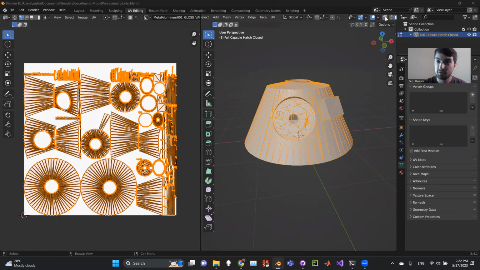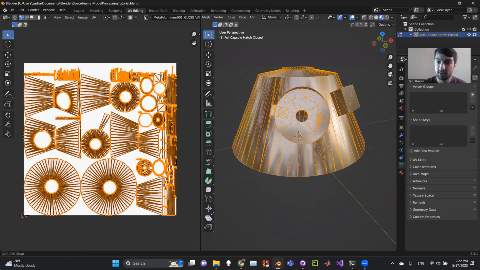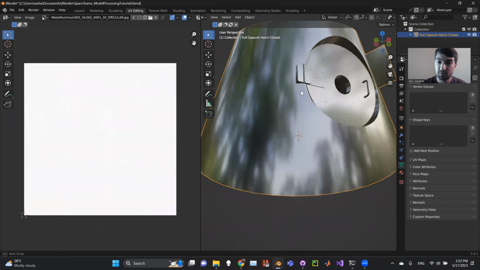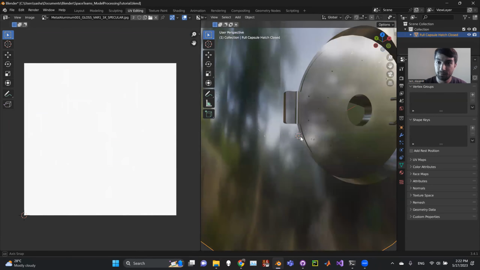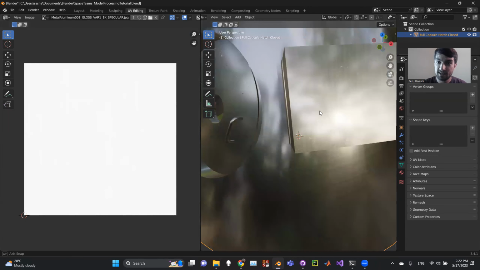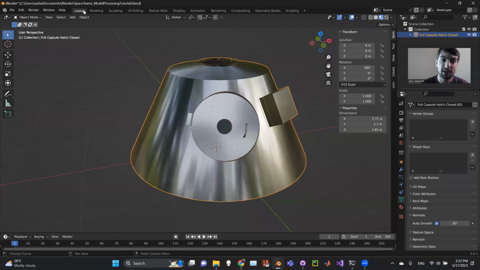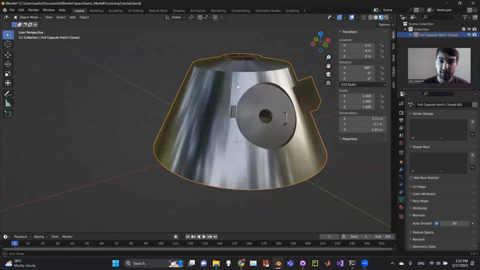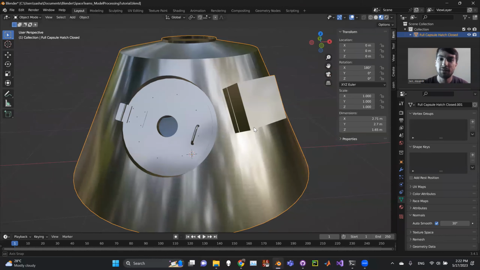And you can see here, if we go into the shading view, now you can see, go into object mode, if you zoom in, you can see there's a little bit of texture starting to show up. And that's kind of what we want. But of course, for most models, you're not going to want just one material, right? So let's go back into the layout and let's try to modify this a little bit,